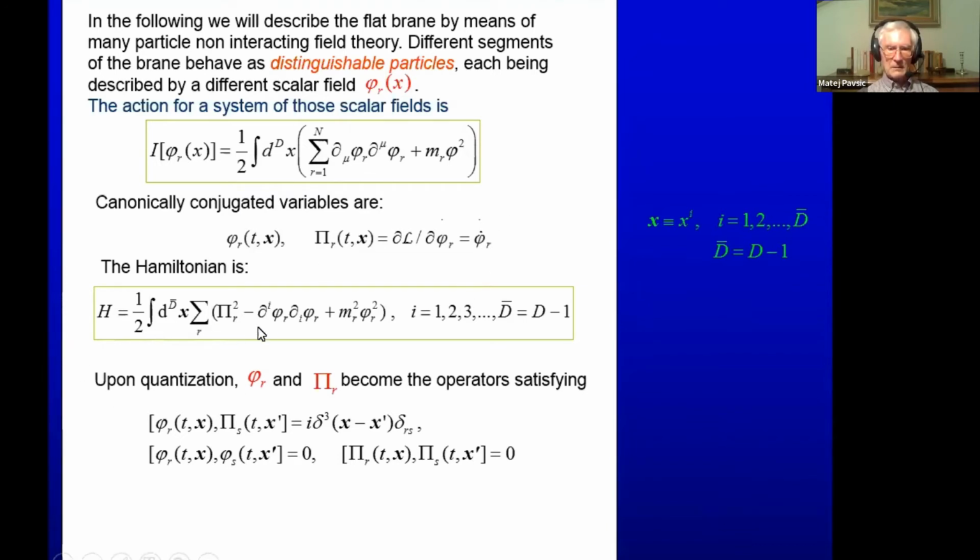The Hamiltonian is this one. So this is the usual field theory, but for many particles, and upon quantization, phi and pi